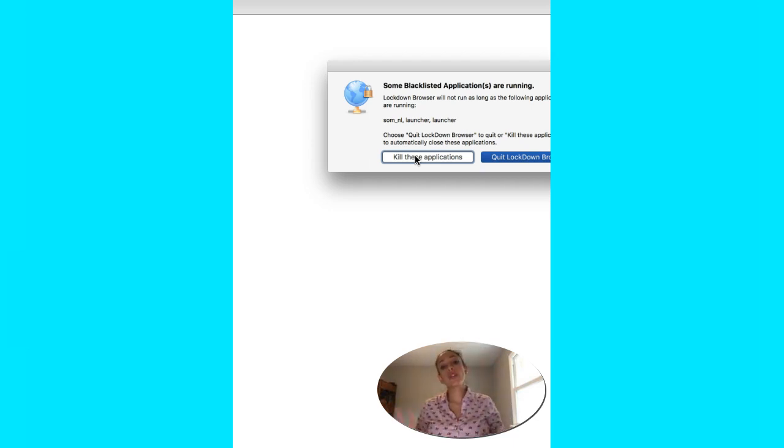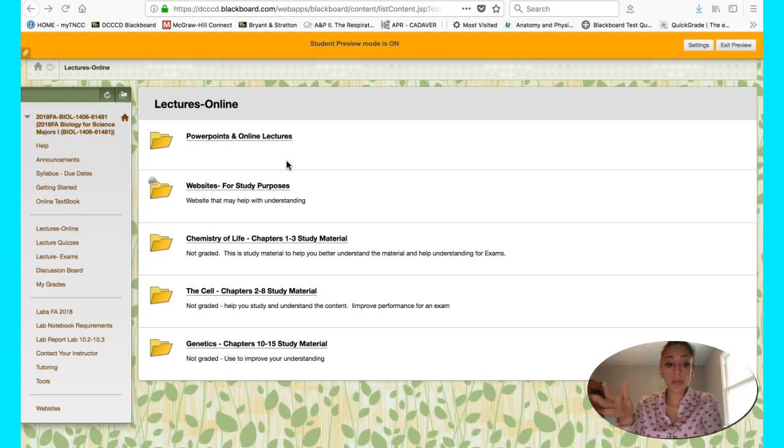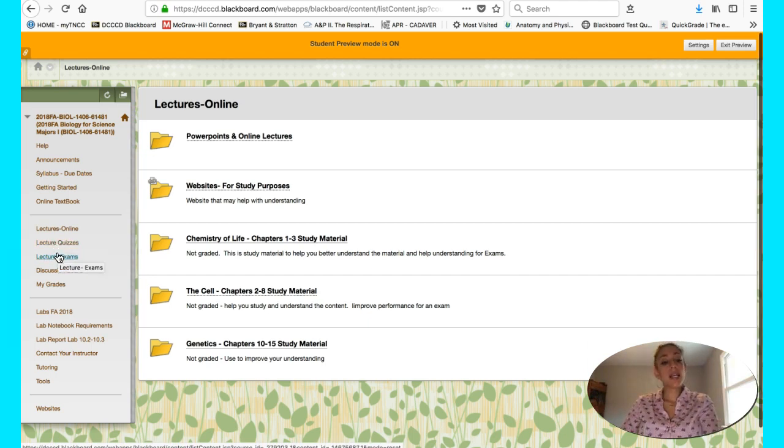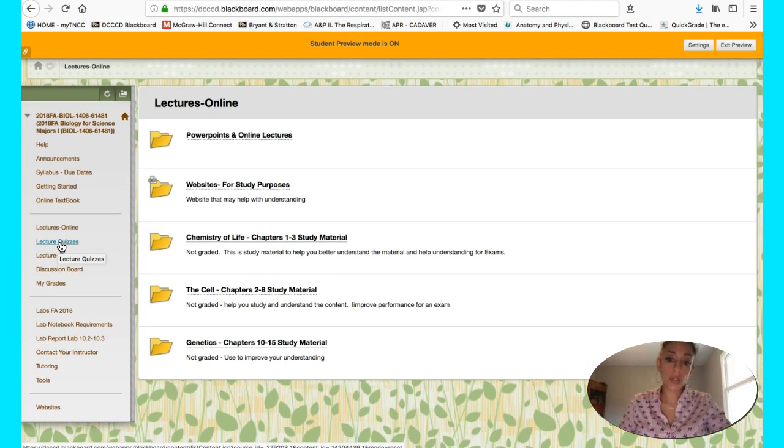You have to sign in with your DCCCD username and password, and then log on like you normally would to get onto Blackboard. So it would log you into Blackboard, and then take you back just like this looks right here to your normal Blackboard. You would click on quizzes or exams, whichever it is, the one that you're about to take, and it would let you access it from there once you're in with Respondus. Okay, so